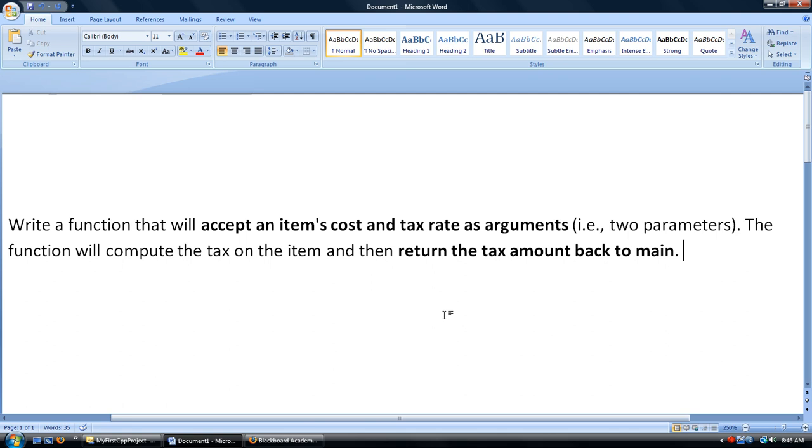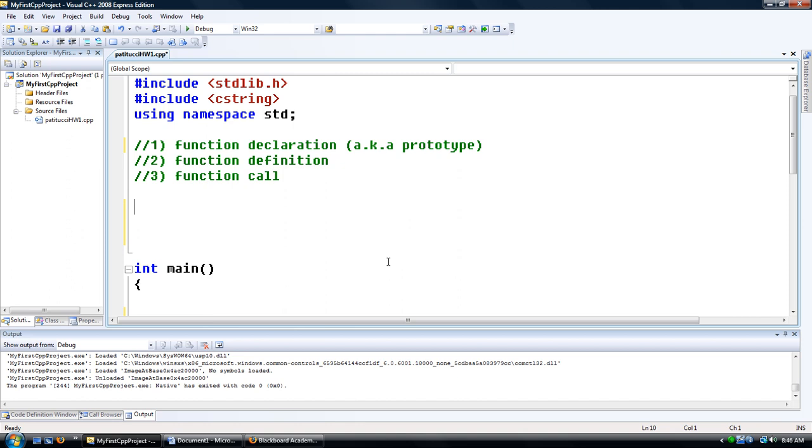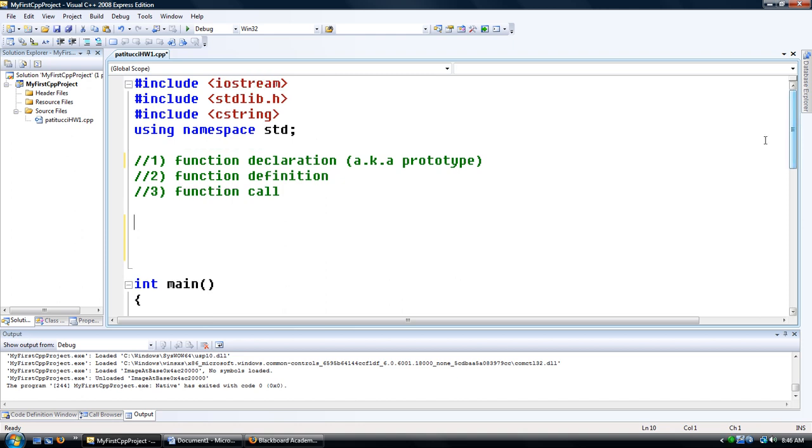Okay, so we can code functions that not only accept things and do whatever they're supposed to do with those things, but also give us something back. And that's something that we did not do in the previous videos. So that's what we're going to do here. Okay, so here I have a clean program. I'm going to start with the